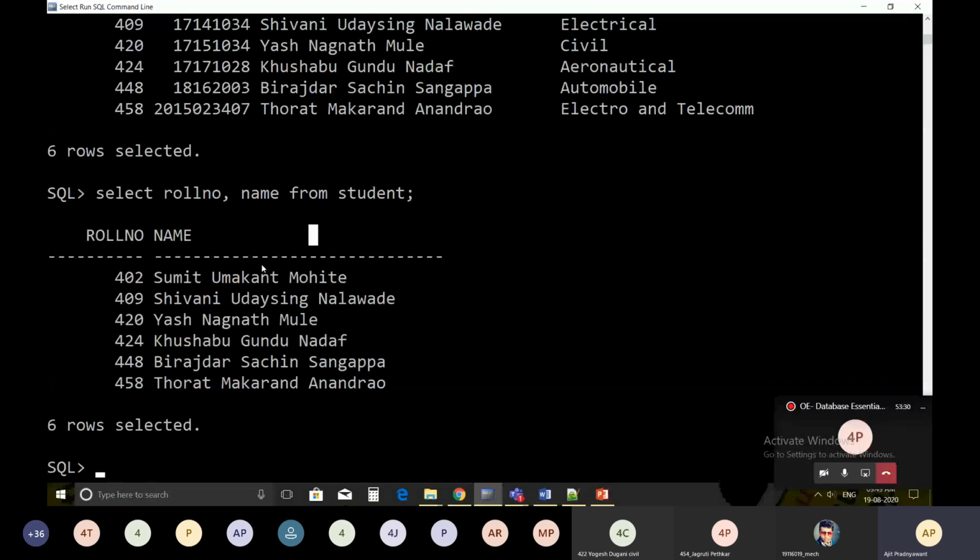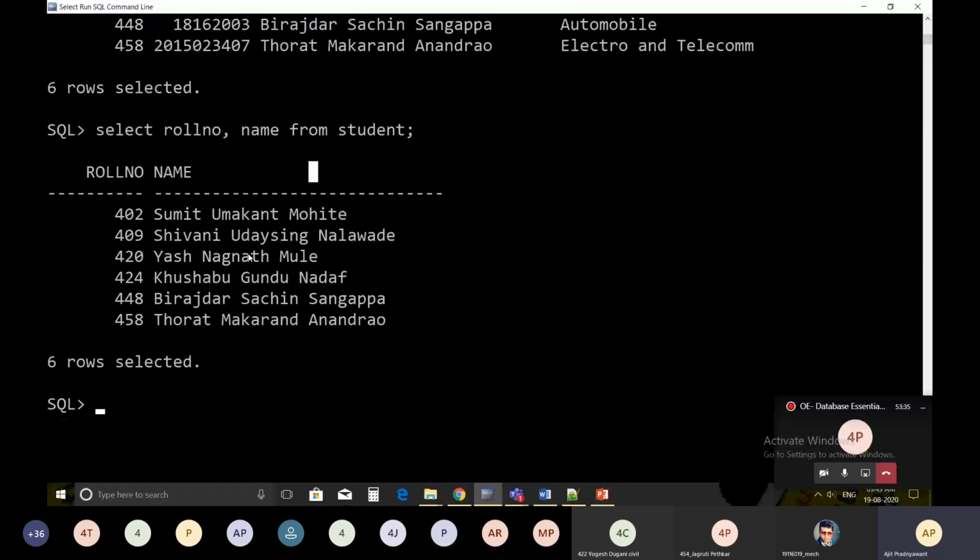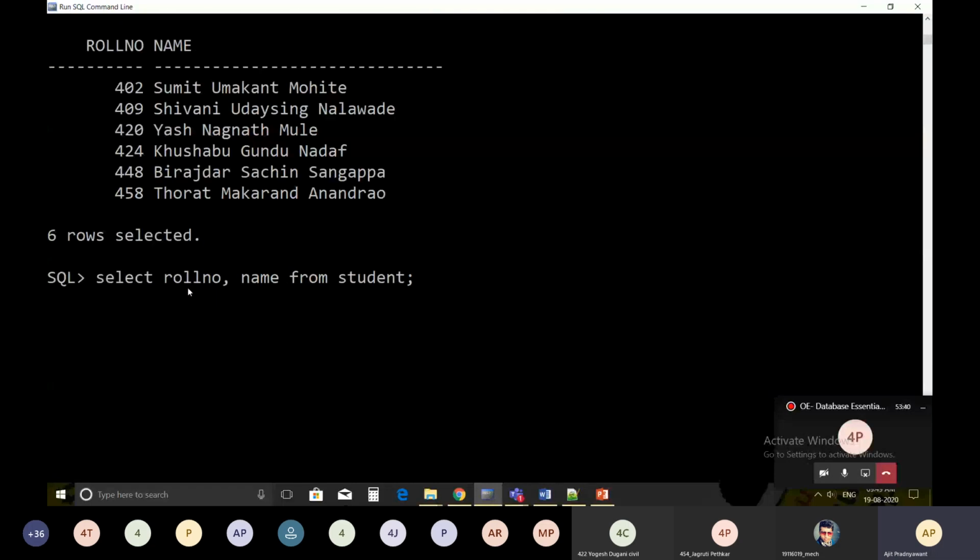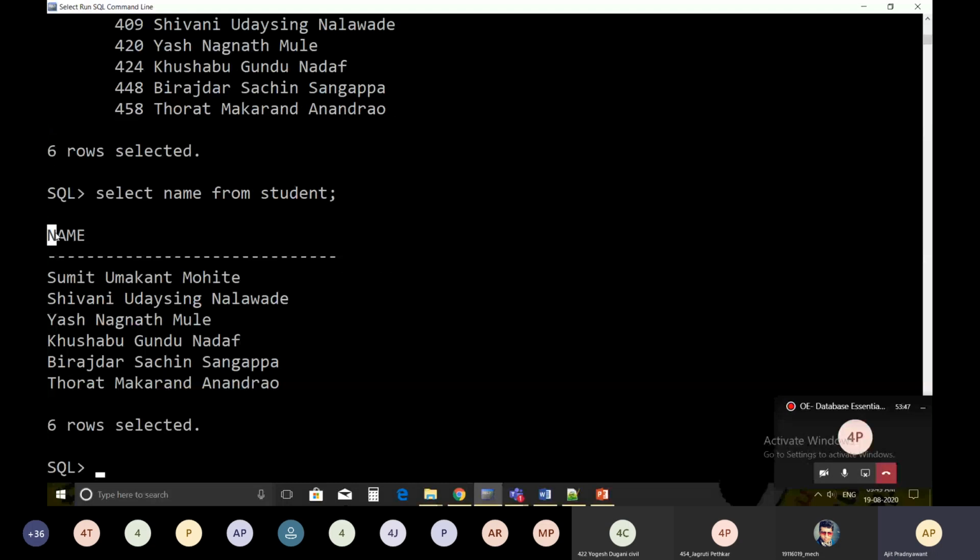Suppose a particular person wants only the names of the students in the student relation. So how will you write the query? Just mention select name from student. It will retrieve only the name column and you will get this output. If a particular person wants only the roll number from the student, just mention select roll number from student.